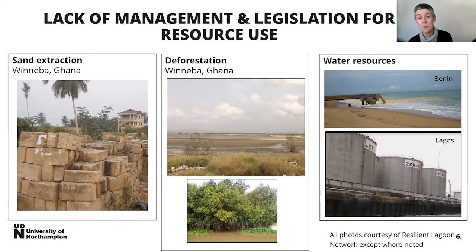Another key aspect of resource management that's impacting the marine environment is the deforestation of mangroves. Mangroves are the key wetland vegetation in many areas of the global south. We certainly are in West Africa. They're harvested for cooking fuel, and that's caused a lot of their decimation. They've been overexploited and cleared. And the picture you see here from Winneba, the topmost one, is a lagoon that should be populated with mangroves as per the picture below, but has been decimated due to harvesting for firewood.